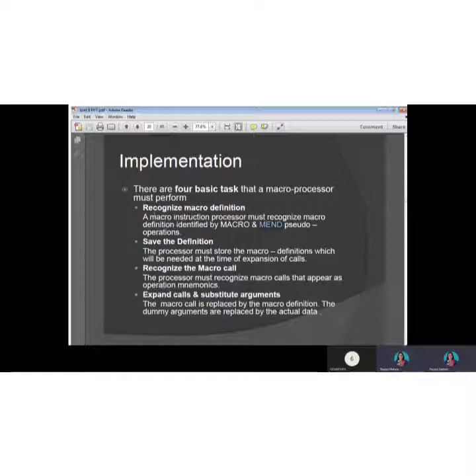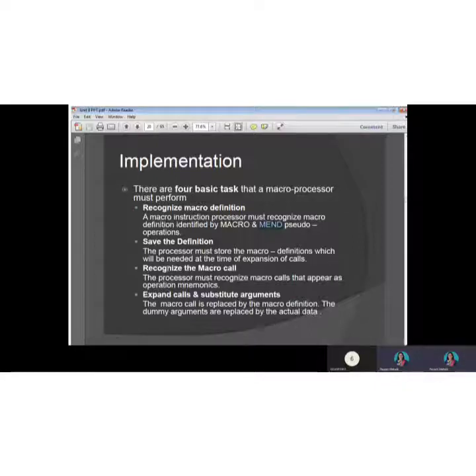Once we identify the name of the macro, the second task is to save the definition. The processor must store the macro definition, which will be needed at the time of expansion of the call. So there is one table which will store the macro definition. That becomes the second basic task of the macro processor.